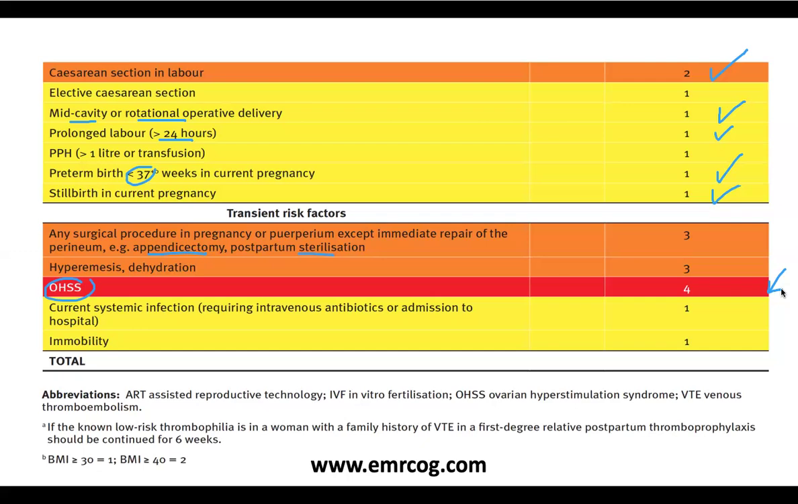For how long? For the first trimester. Okay, current systemic infection, this is 1. Immobility, this is 1. So a woman who stayed in bed, this is 1. A woman who had systemic infection, this is 1. Okay, so dear friends, as you can see here,